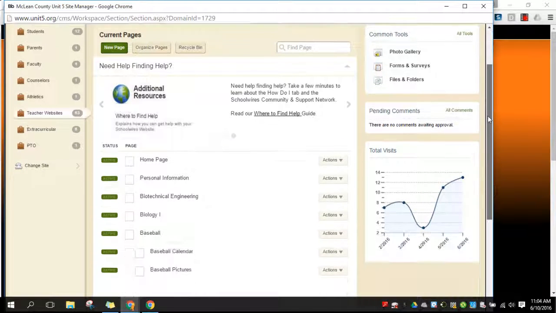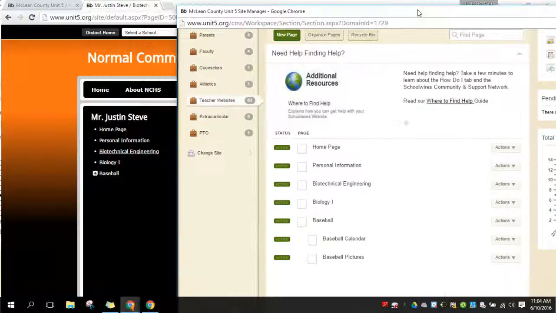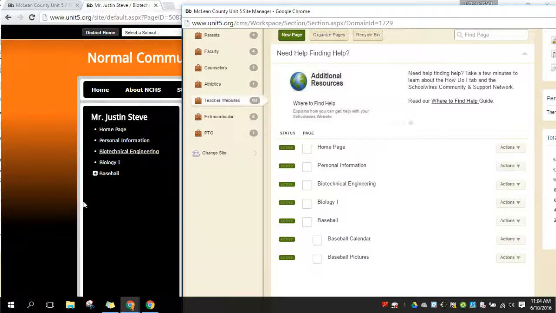And this new page would have all of the pages for your individual website all set up right here. Your homepage, personal information, the individual classes, and you'll see on his page back here that those are the pages listed along the left side. All right. Now I'm going to go back to his